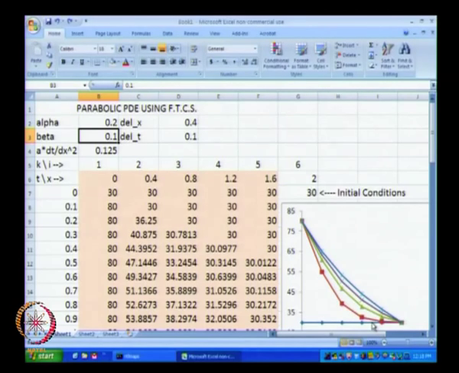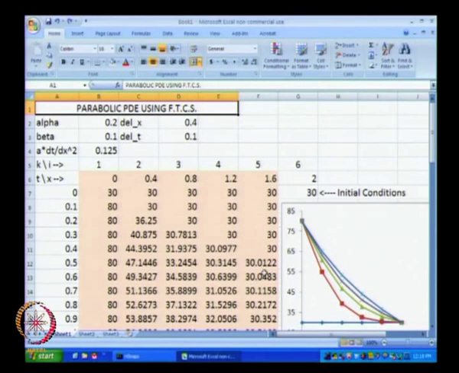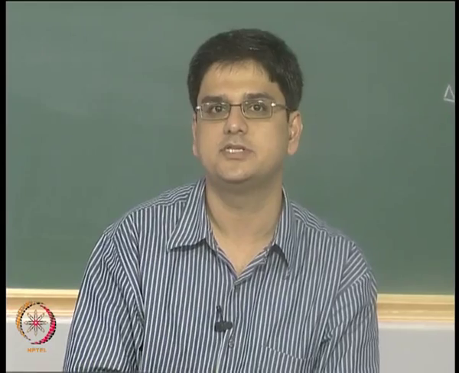Okay. So, what we have done now using Excel is basically talked about the parabolic PDE solving using the forward in time, central in space method. The other methods for solving parabolic PDEs were backward in time, central in space, and that is going to be a fully implicit method of solving. So, we have forward in time, central in space, which is going to be first order accurate in time. However, it is going to be an explicit method for solving these equations.